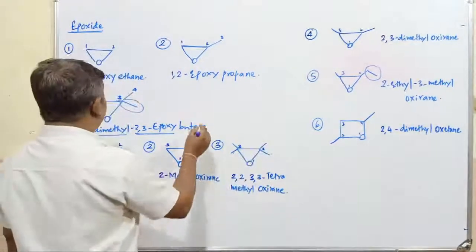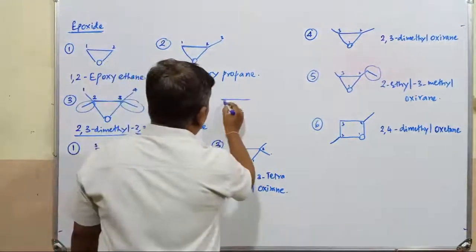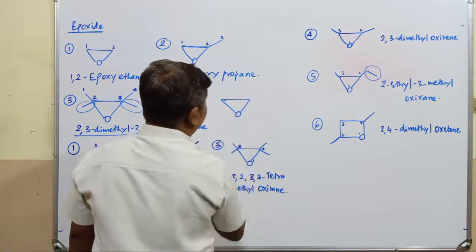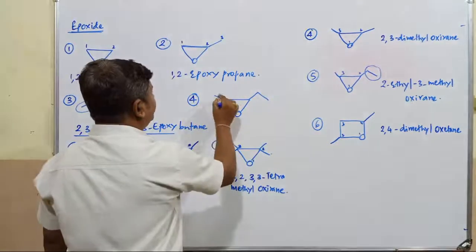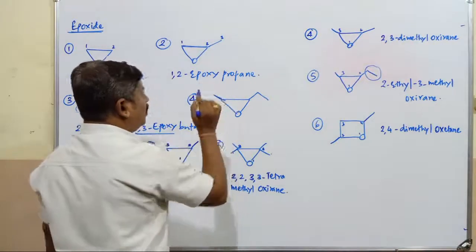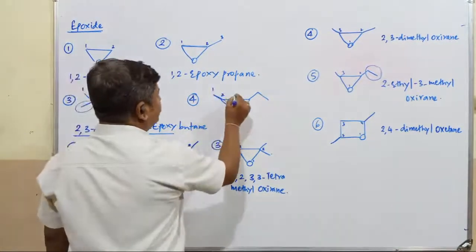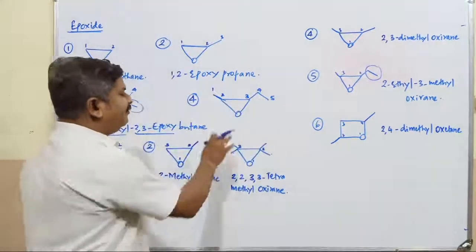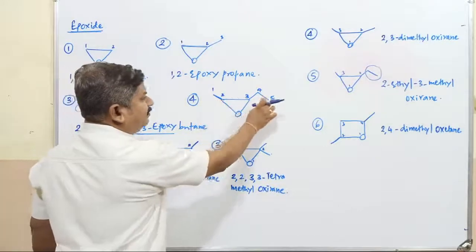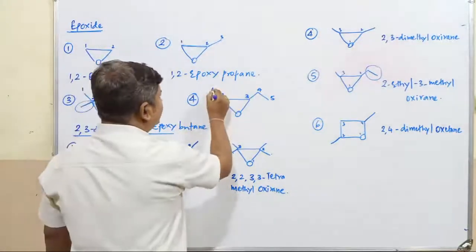If I go with another example which we have discussed in case of oxidation method, a number of examples can be considered here. This is oxygen and this is one ethyl group. This is going to be methyl group. So how to write the IUPAC name of this compound? This is 1, it is 2, this is 3, this is 4, this is 5. This is the correct way of numbering. Here numbering can't be from this particular side. It is 1, 2, 3, 4, 5 as mentioned here.